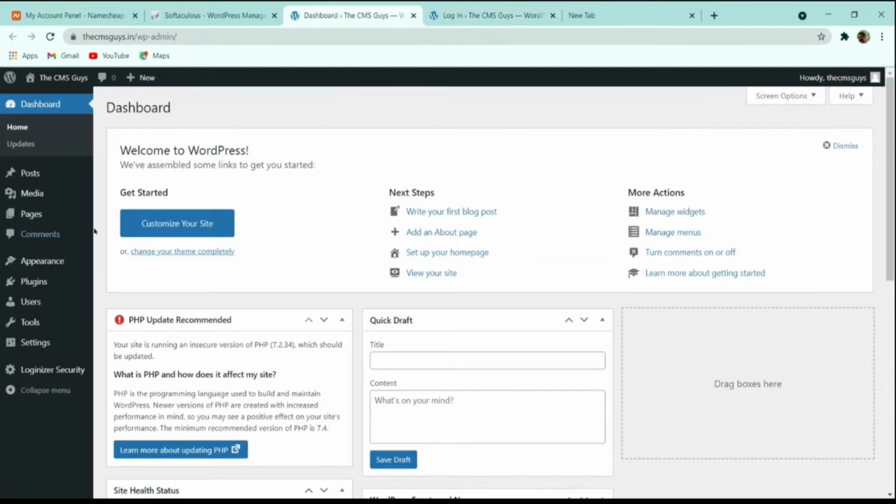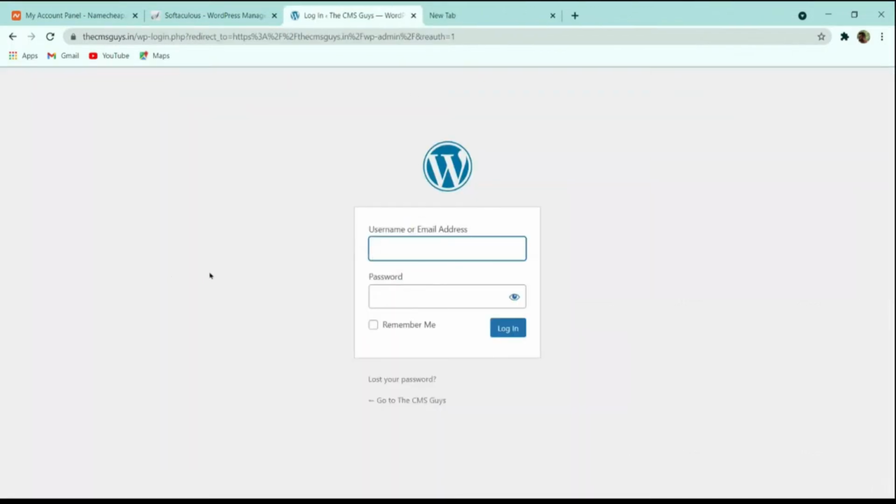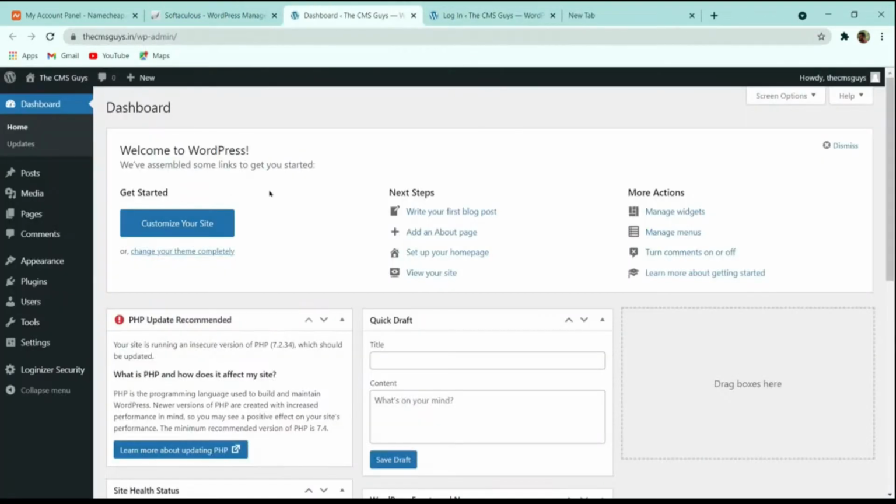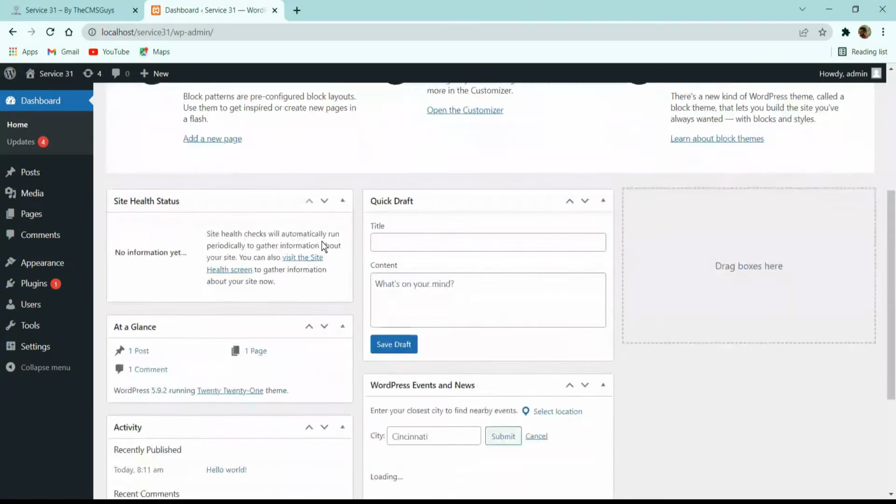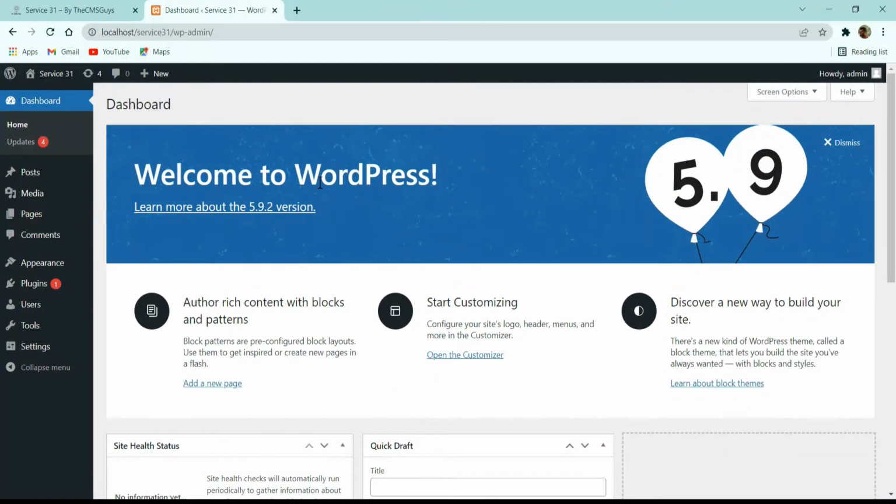After that we have to enter the username and password. Here you enter your username and password, and after entering them you will see this dashboard. So let me show you again. This is how the WordPress dashboard is going to look. This is the first look of the WordPress dashboard, and whenever you install WordPress and log in with your username and password, this is what you are going to get in your dashboard